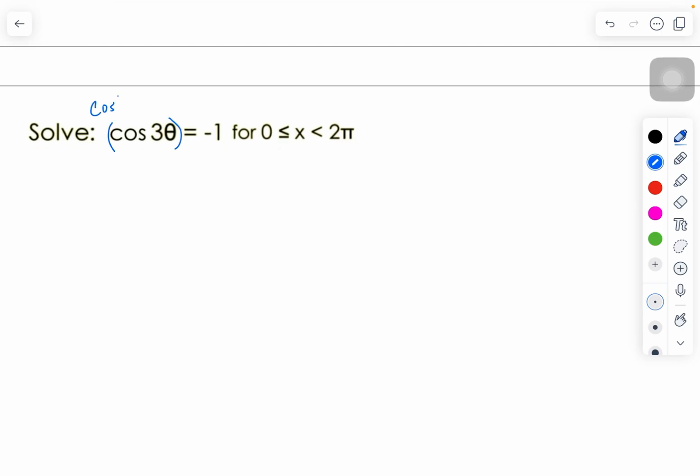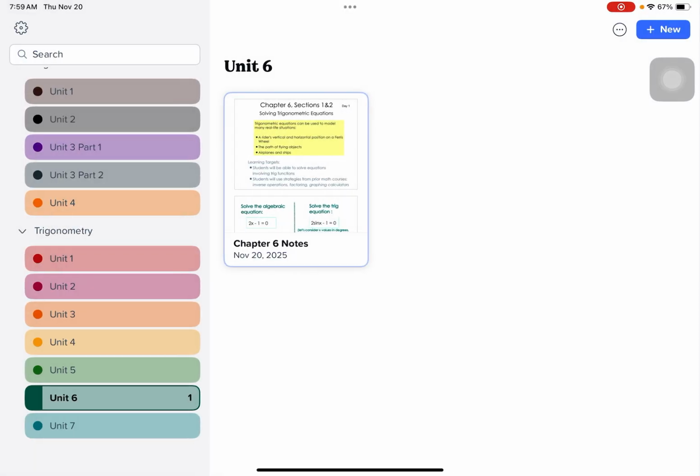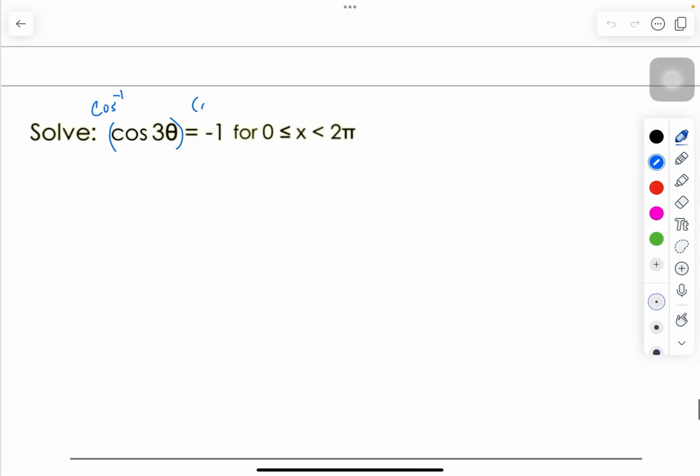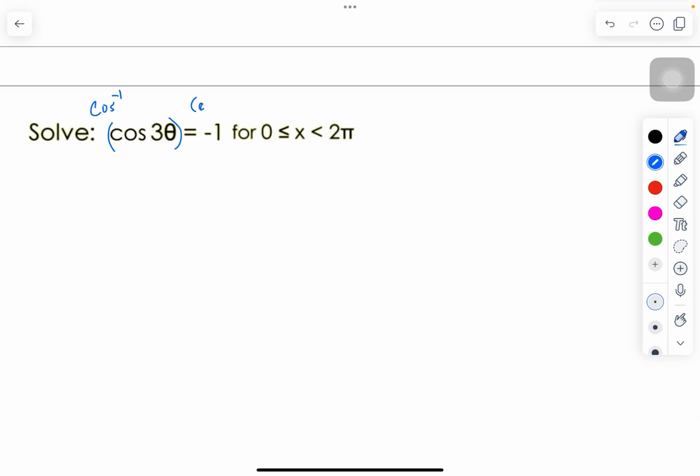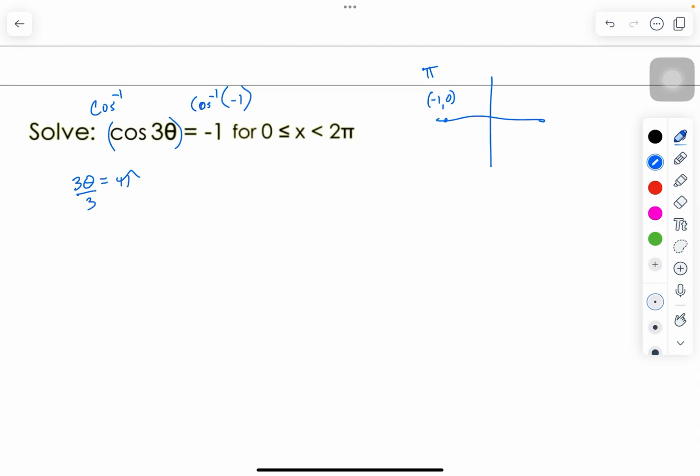So I'll take the inverse cosine of both sides. The inverse cosine of -1, I go to my unit circle and find the x value of -1 happens to be at pi. So 3 theta is equal to pi. If I want to solve for that, I'm going to divide by 3 or multiply by 1/3 and get theta